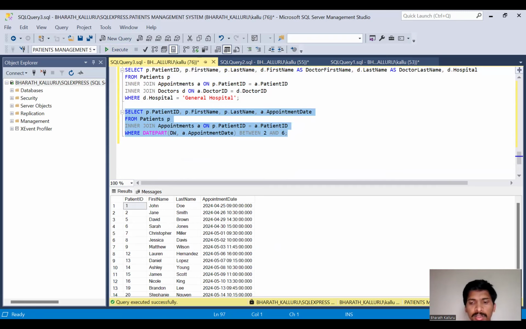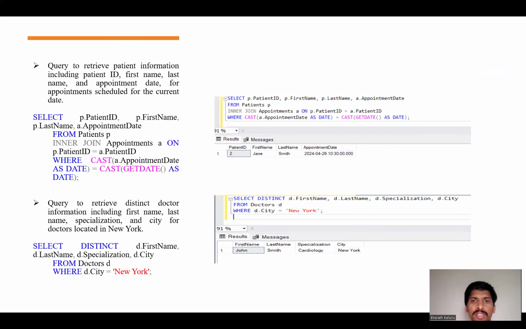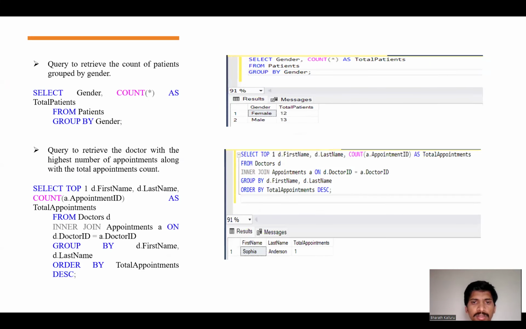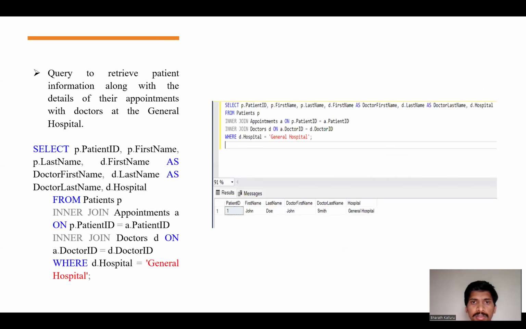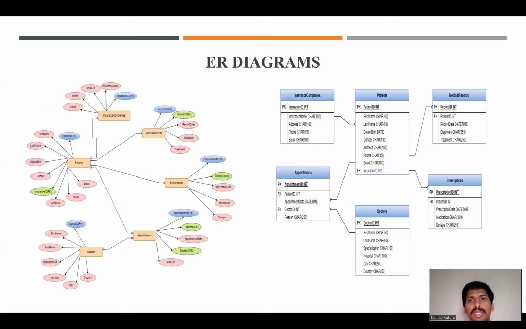Coming to the presentation, these are all the queries along with the screenshot results, which I have taken earlier. And coming to ER diagrams, we have 6 entities: insurance companies, patients, medical records, appointments, doctors, prescriptions. And coming to insurance companies, it is insurance ID with the primary key related to the patients table, and the patients table with the primary key as patient ID, and the insurance ID is the foreign key, which relates to